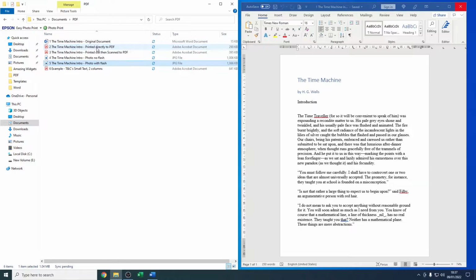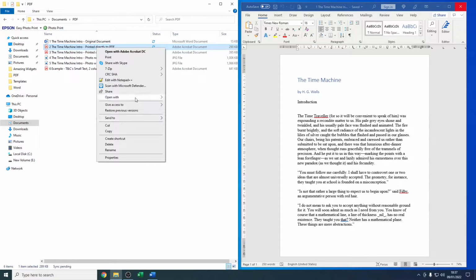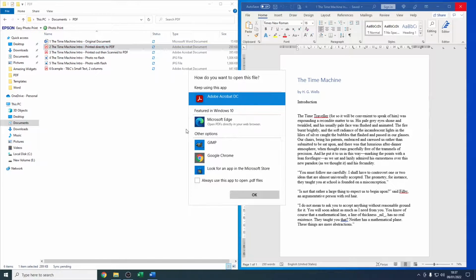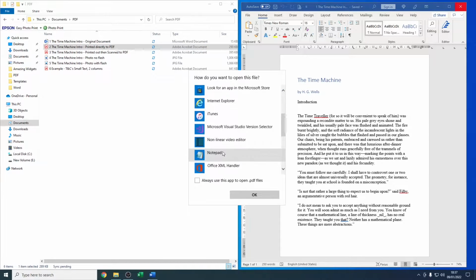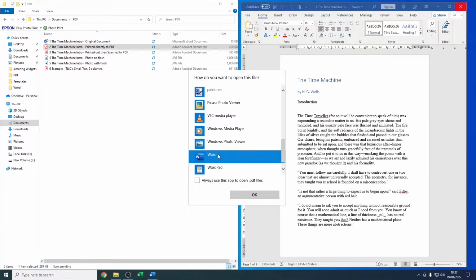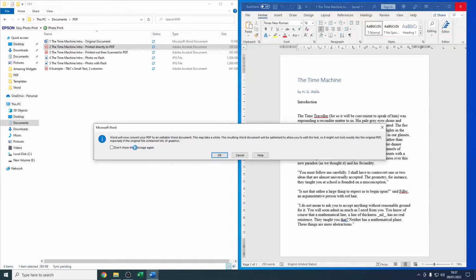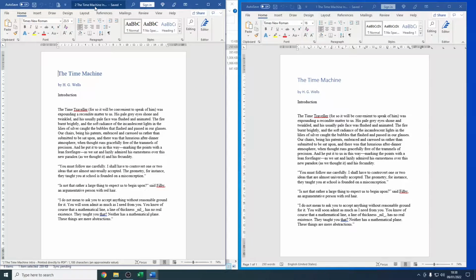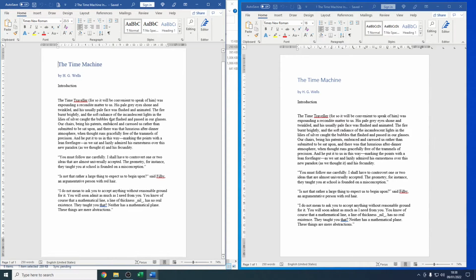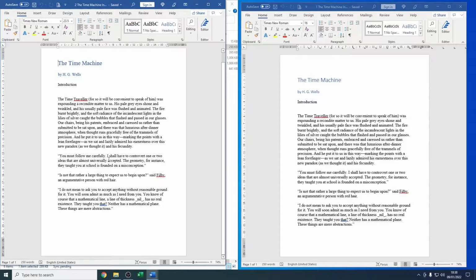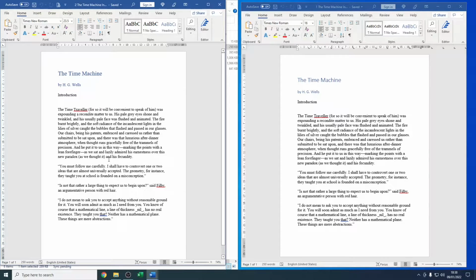Now you can right click this, go into Open With, choose another app, and then choose Word. Use that to open this document. What you'll see, Word will now convert your document to PDF. So there we go. That's finished converting it now. And as you can see, it's pretty much identical. But you would expect that because the document's been produced directly from this and it was printed directly to PDF. So it hasn't lost anything really in translation.